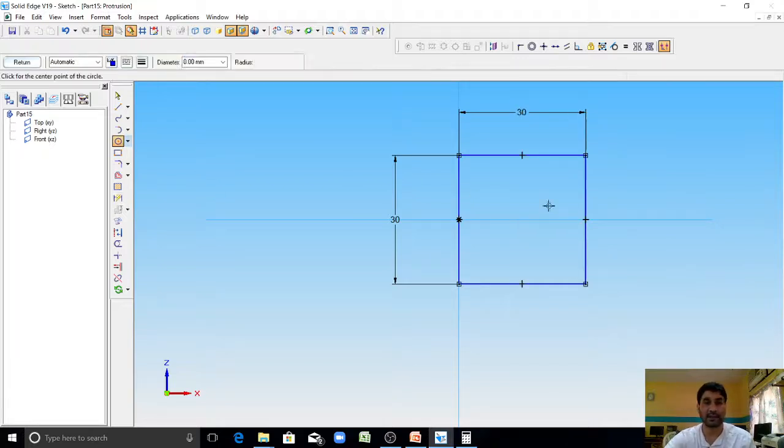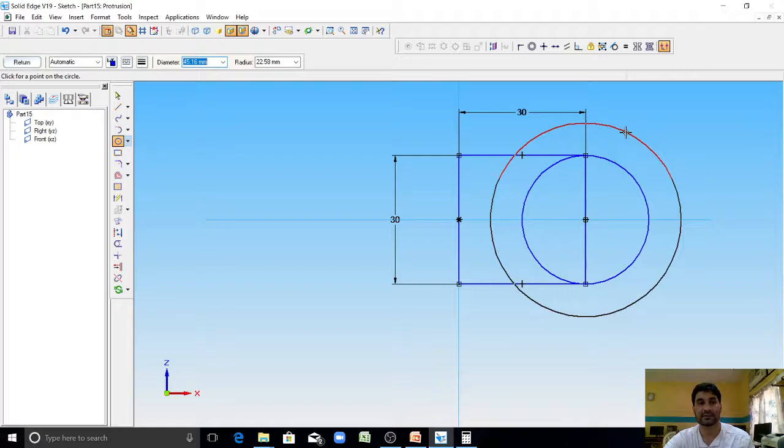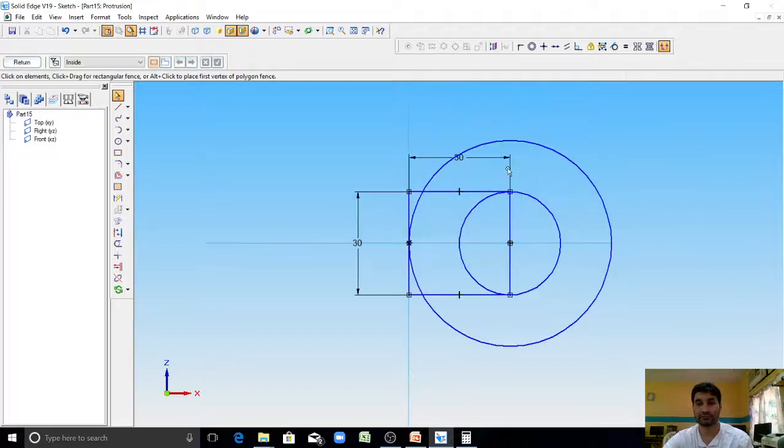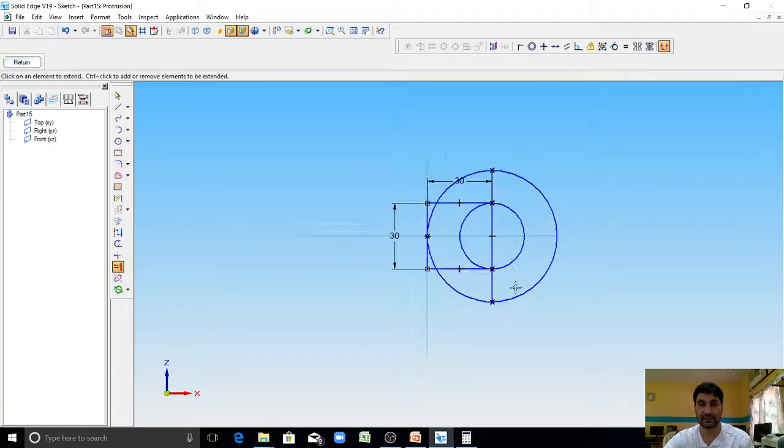Now from this center, draw two circles of radius 15 and another circle of radius 30. The diameter should be 60. Now using the extend option, extend this line to this circle.